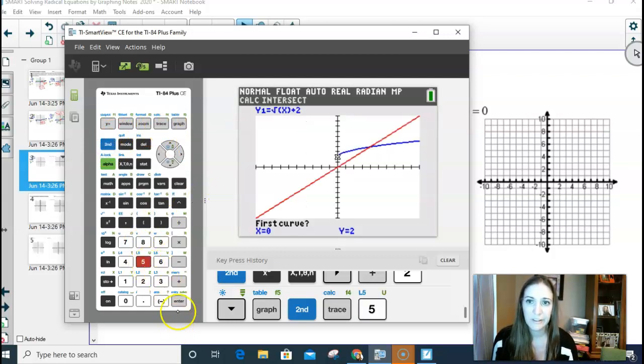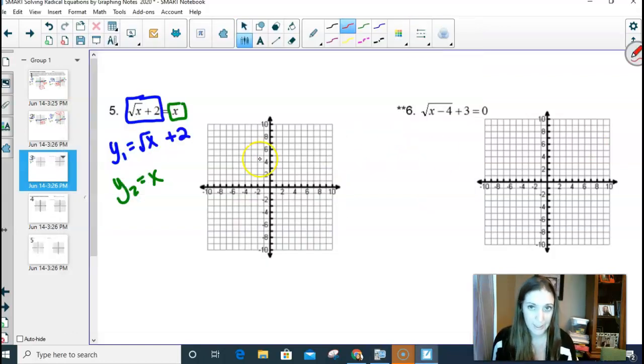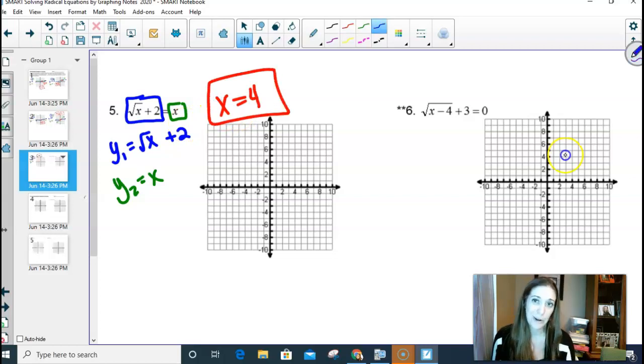So number 5. And then is this your first curve? Yes, yes, and yes. So x equals 4. I'm going to write that down before I forget it. That is the solution. I do have to graph it though. So square root graph shifted up 2,